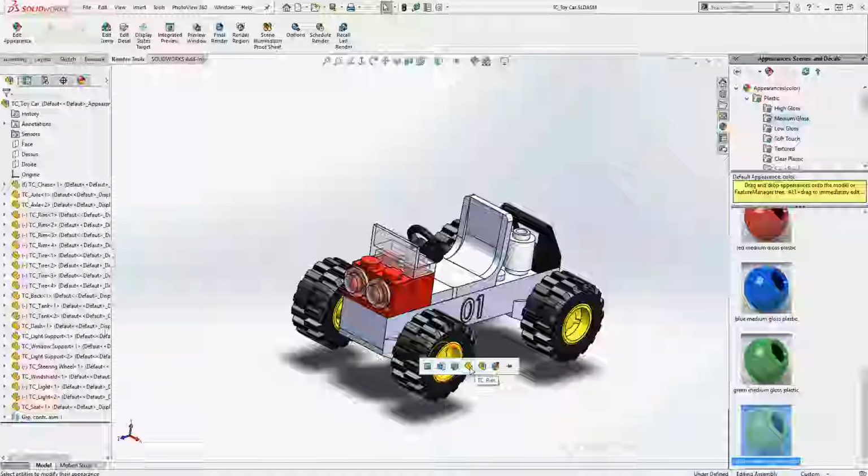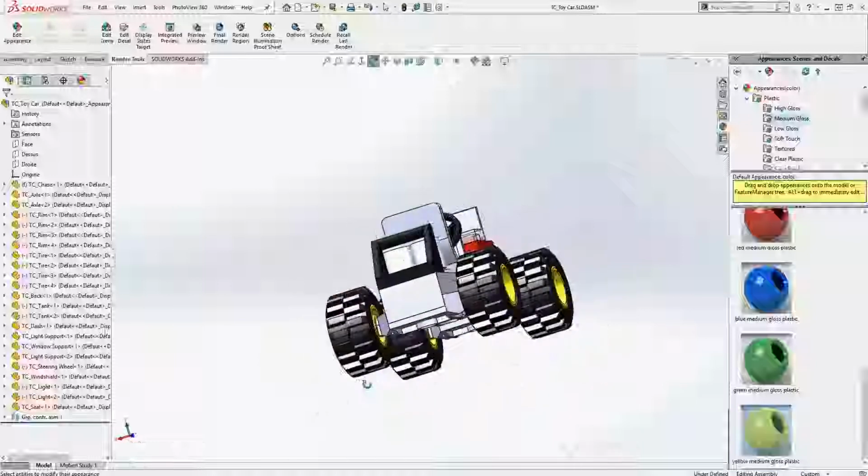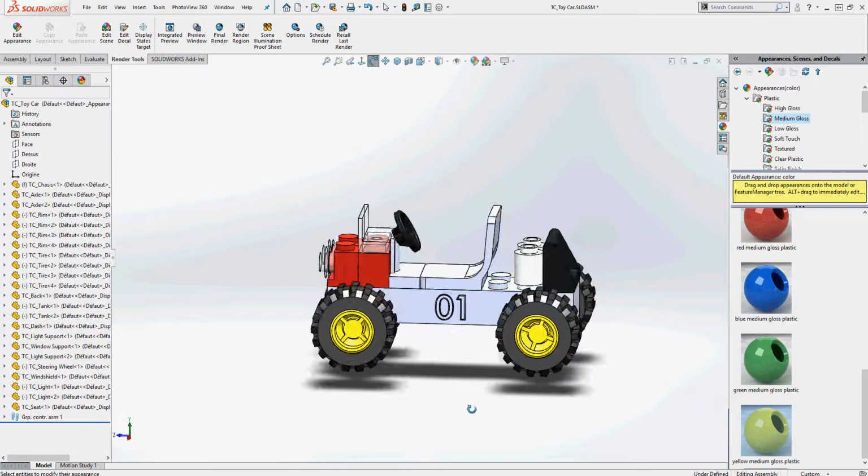So, but I do want to do it on the part. And notice that depending on what I select, different things are going to highlight. So when I select part, do you notice that all 4 tire rims get the color assigned? Because again, it's the same file, it's just 4 different instances. So I'm going to click on the part, and notice you see the part, and the part updated, even though